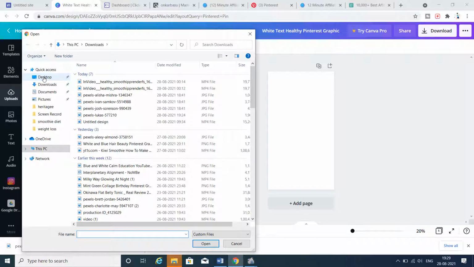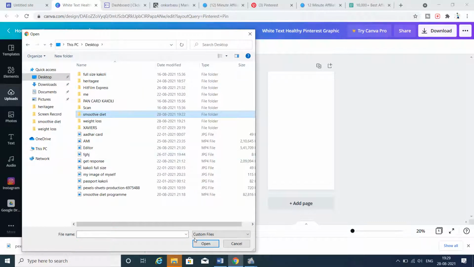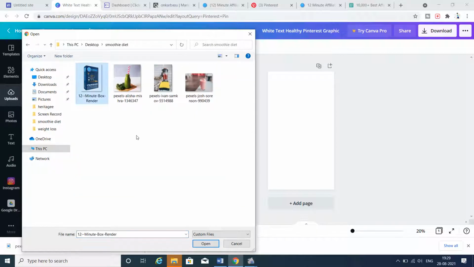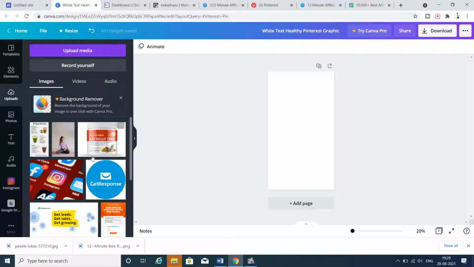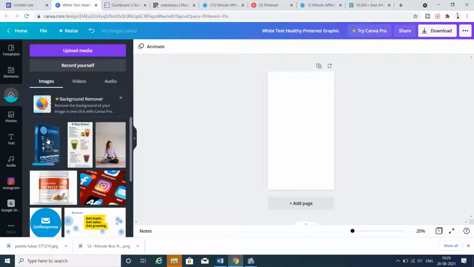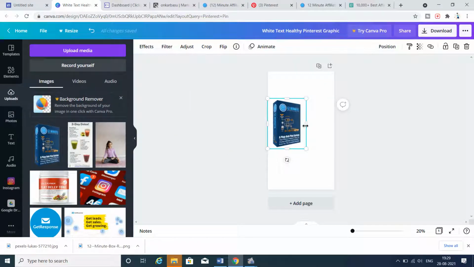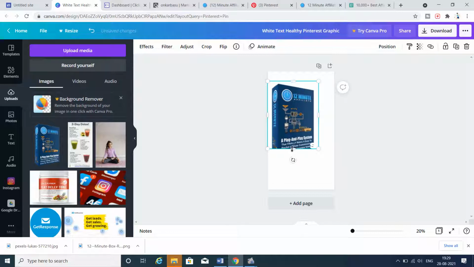Okay, so go to desktop. Yeah, we'll upload this. Okay, just drag and drop it here. Just enlarge the size of the image a little bit,